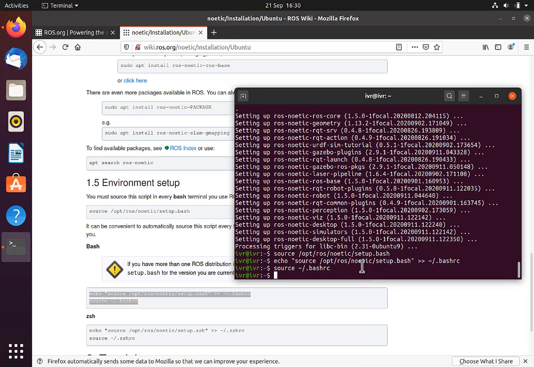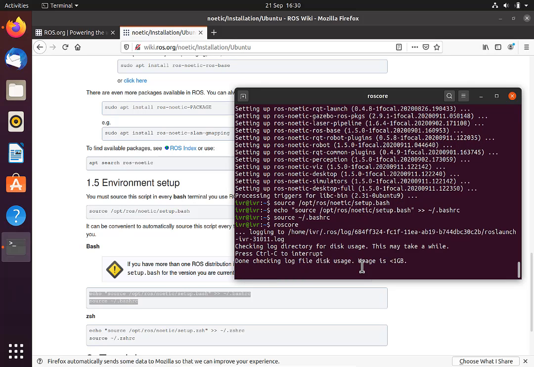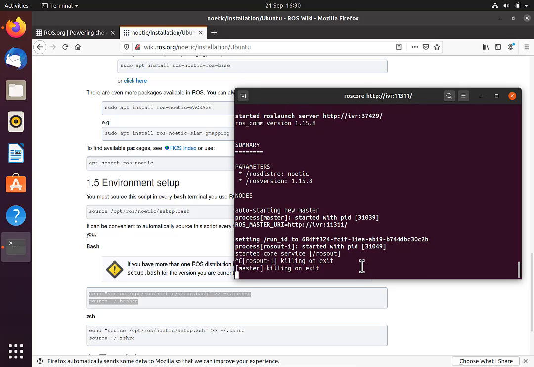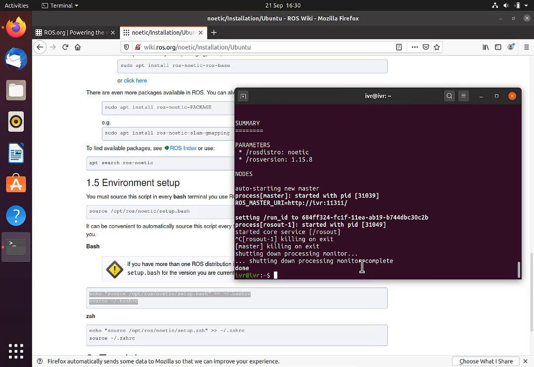Just to make sure that you have installed ROS properly, let's run ROS core command. ROS core enables ROS. It starts running. If it's working, then you have ROS installed. I can cancel it with Control and C. You can also